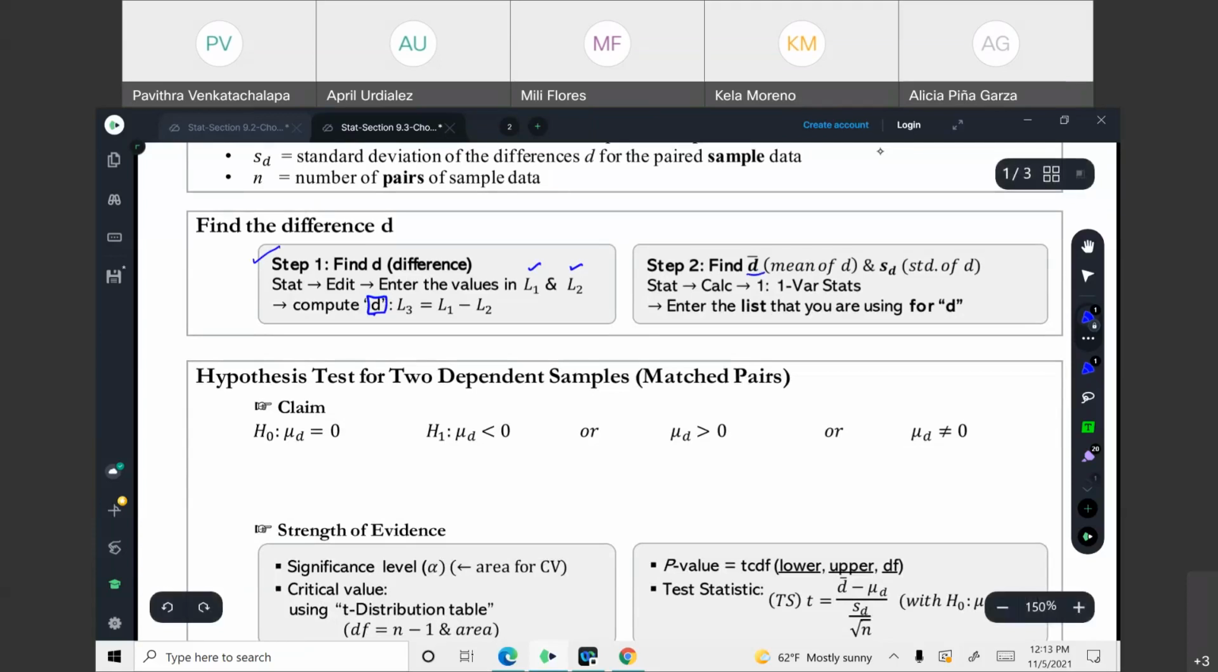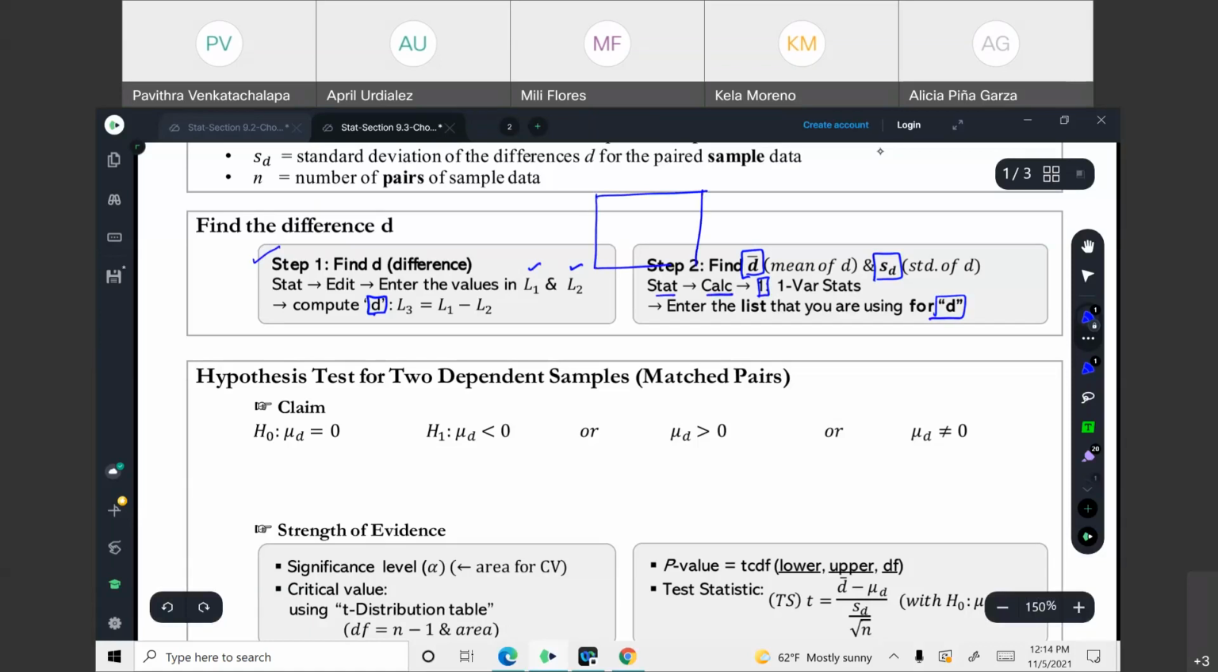In step 2, you find d bar and sd. Sd in the sense standard deviation. Okay, and you can do that by stat calculator, and you can choose the option 1, and it will ask you to choose the column, and you're supposed to choose the D column. Okay, so in your calculator